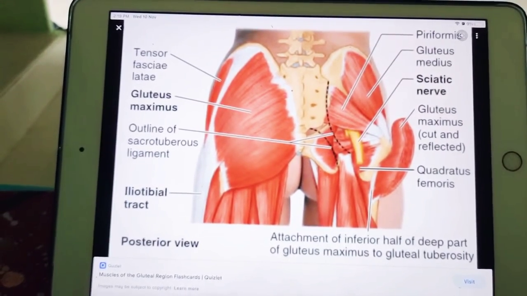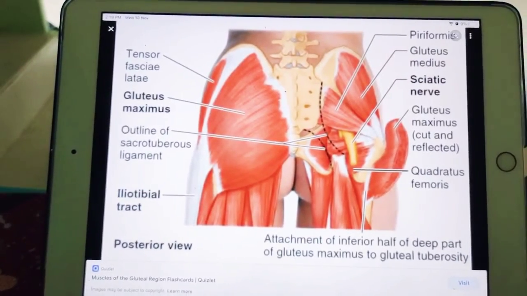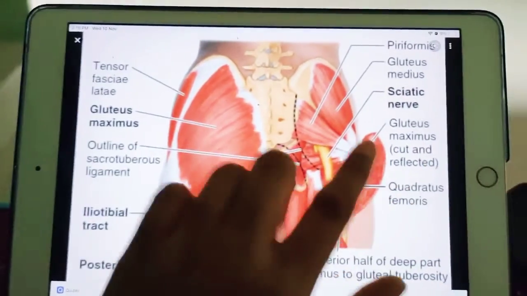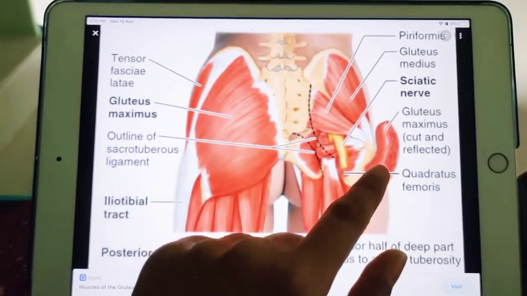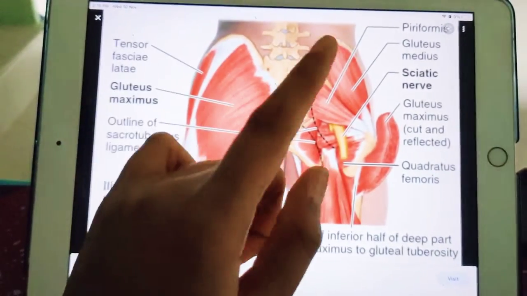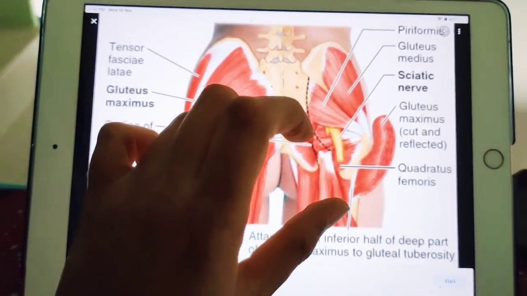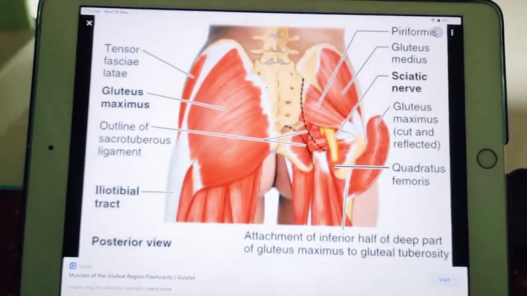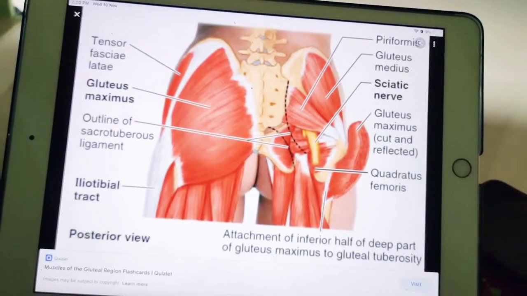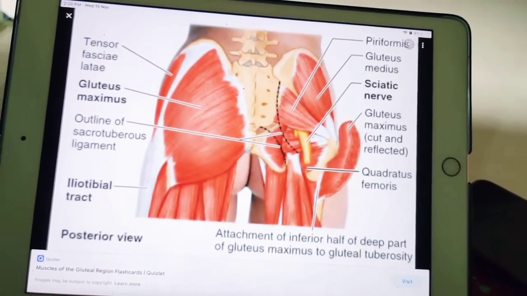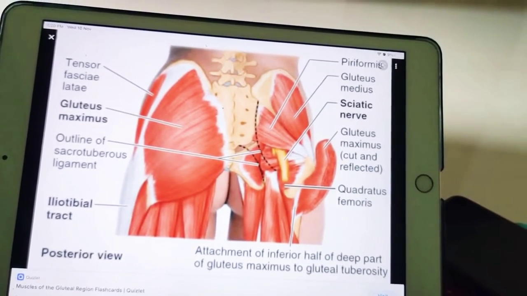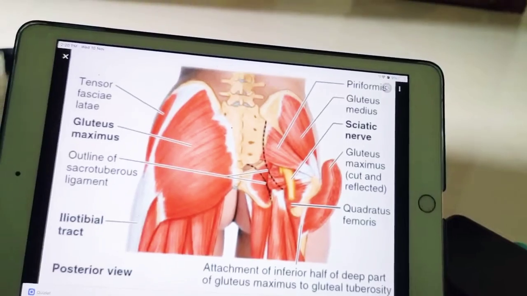So the test is positive in defects of power, that is paralysis of gluteus medius and minimus. So for example, if you remove this, you can see here the gluteus medius and the gluteus minimus muscle. If these muscles are paralyzed, then Trendelenburg's test is positive because the person does not have a normal gait. Okay, so there are defects of the fulcrum. It may be either congenital or pathological, dislocation of the hip, and defects of weight, that is ununited fracture of the neck of